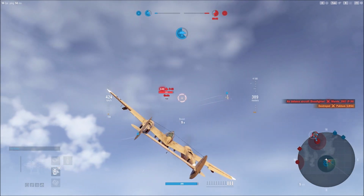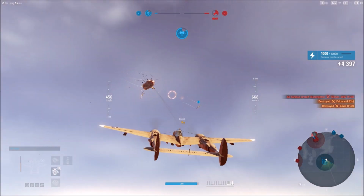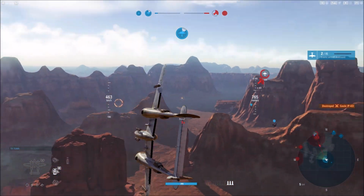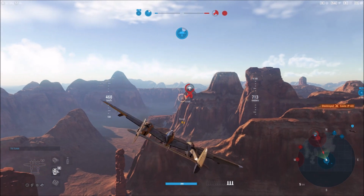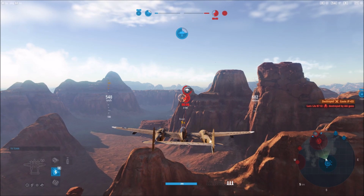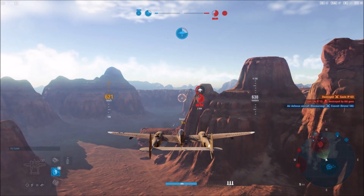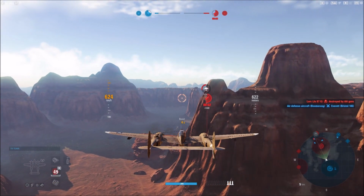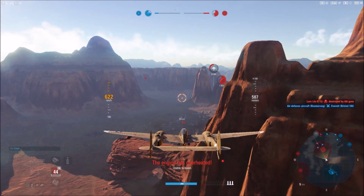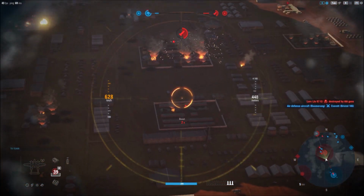Got an enemy aircraft here on our friendly. See if we can help him out. There we go. Alright, so we'll head over here to the military base. And I'm using my engine cooling consumable to get us there as soon as possible. So it would be nice to stop them from taking it. Well, they already have it, but it'd be nice if we could